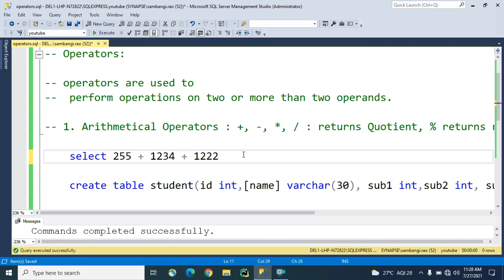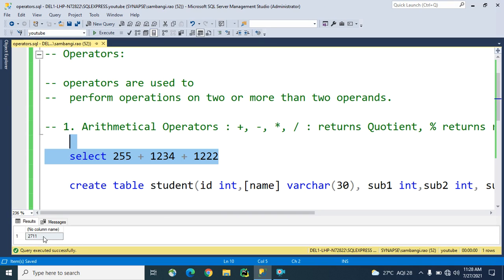Suppose you are writing queries in a new query window in SQL, and you want to know the calculation of something, then you can use these arithmetic operators. See guys, 27 plus 11, you can calculate this on your mobile also, and definitely it will give the value 2711.